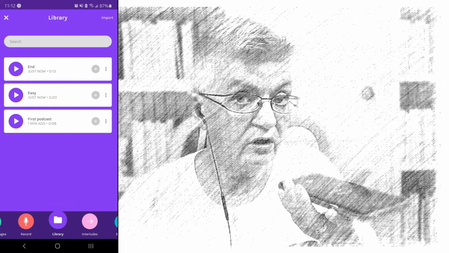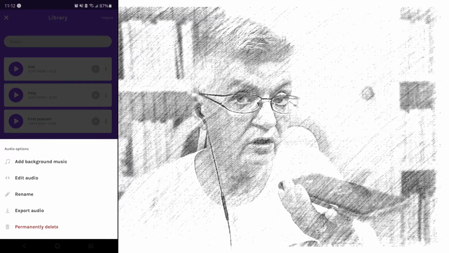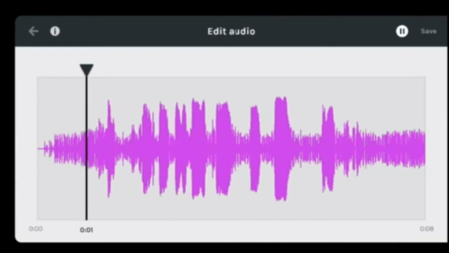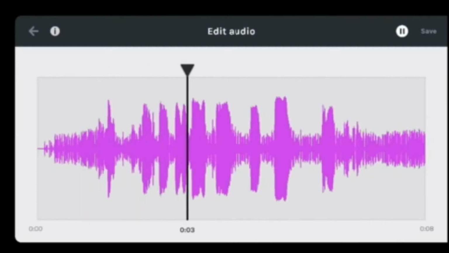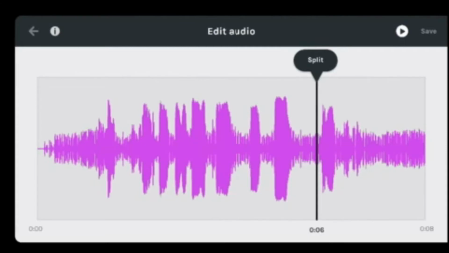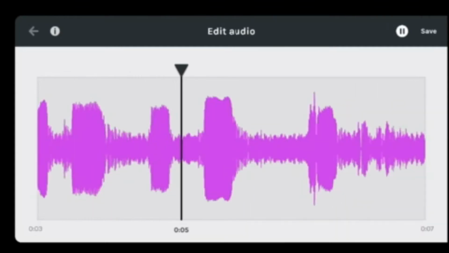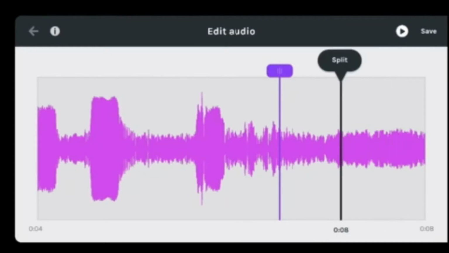Now we're gonna take a look at how we can edit. Hit the 3 little dots to the right of the episode and then you see edit audio. Here is the audio I just recorded and we're gonna cut out a few parts. Let's listen through it, and where we want to cut, you put this little marker and hit split. I can make it larger by taking my 2 fingers and spread them right on the screen. So we split here and we